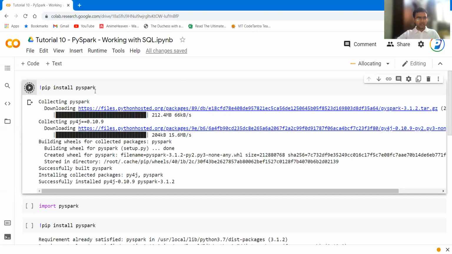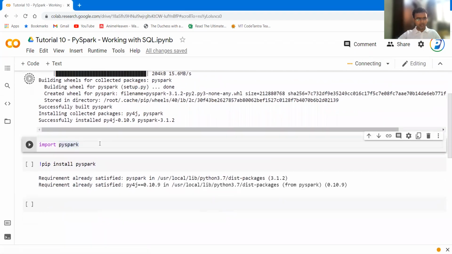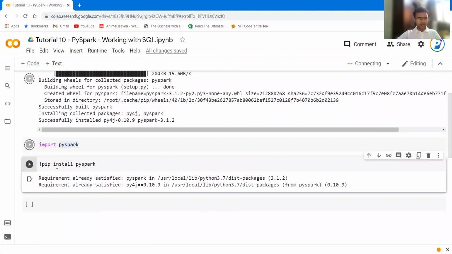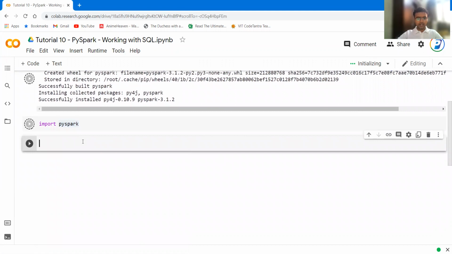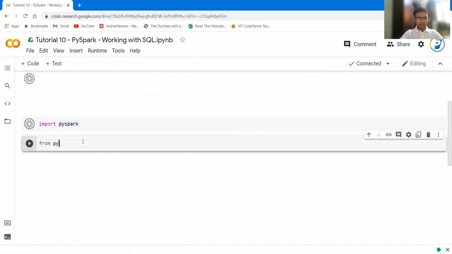So let me install it once again. Let me import PySpark. Okay, and let me delete this cell. All right, so installation is being done, import PySpark. So what I need is from PySpark.sql, I need to import Spark